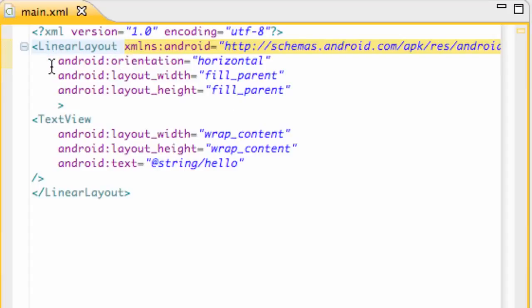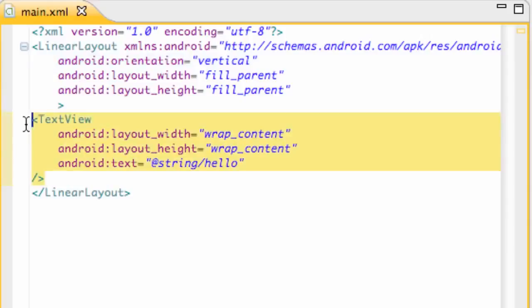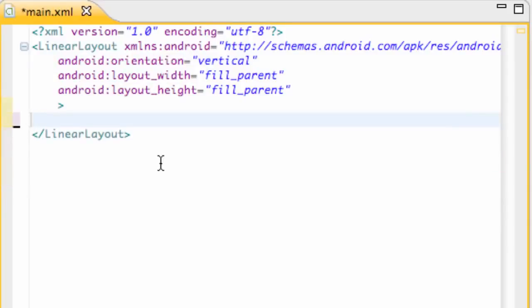And then the next thing that we have is the orientation of our linear layout, which is set to vertical. I was messing around with it, and that's why it was changed. Basically what that is going to do is set all the items within the linear layout vertically. So for example, if we copy this text view, or this text for the most part,